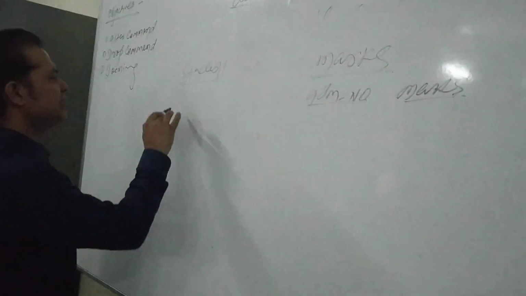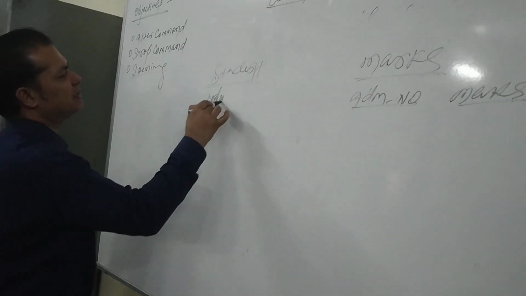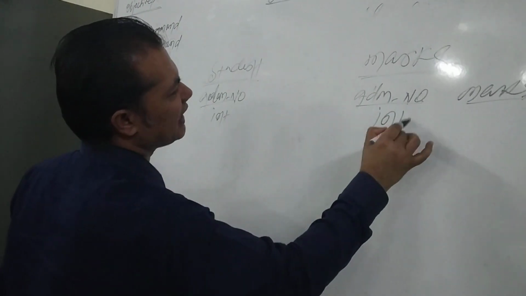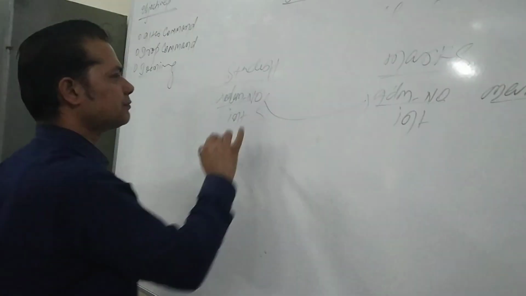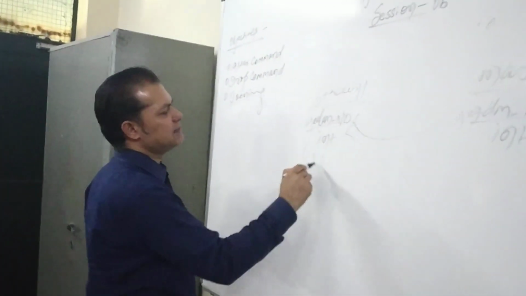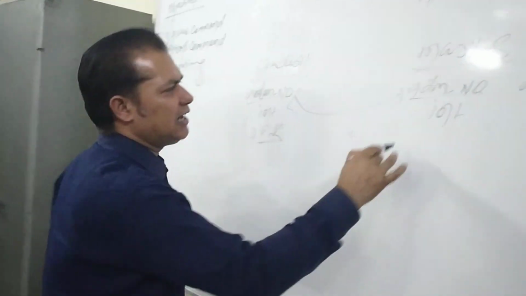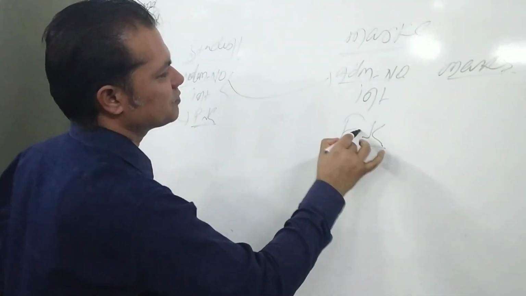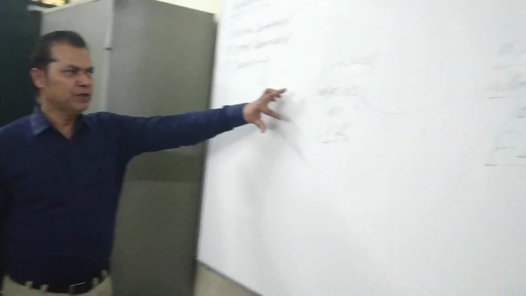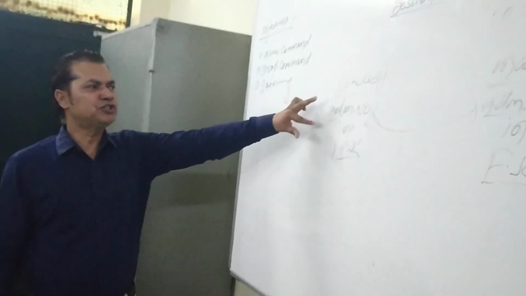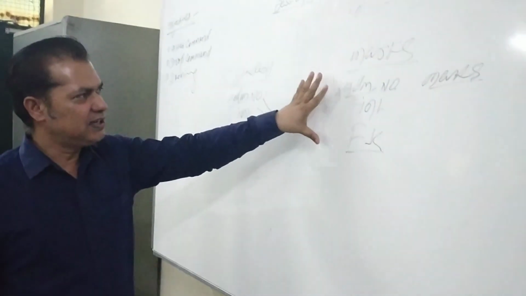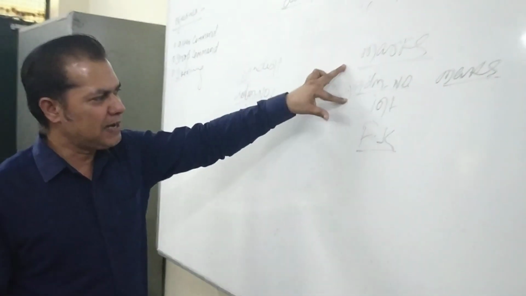Now admission number is here also, because in the student table every student must have an admission number of integer kind. Here it is also integer kind and both are linked. It means in the student table you made this admission number a PK, that is a primary key, and here it is an FK, that is a foreign key. I hope you know this primary key and foreign key. So once you made a student table with admission number as a primary key, after that you create a marks table with the admission number, with the same data type and same name, as a foreign key.